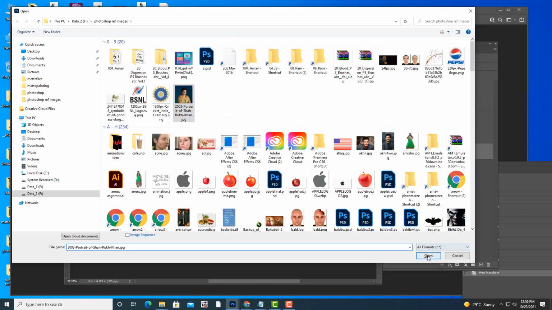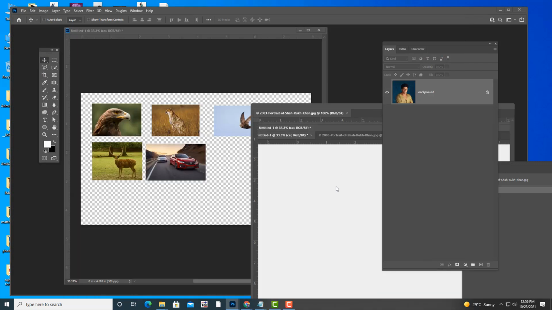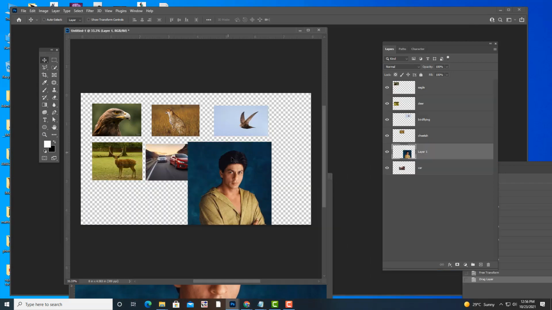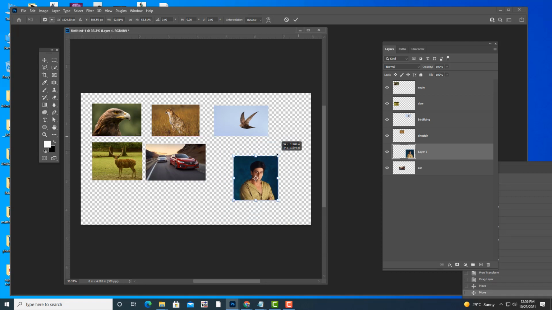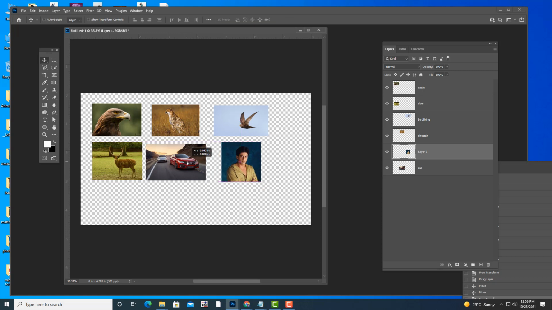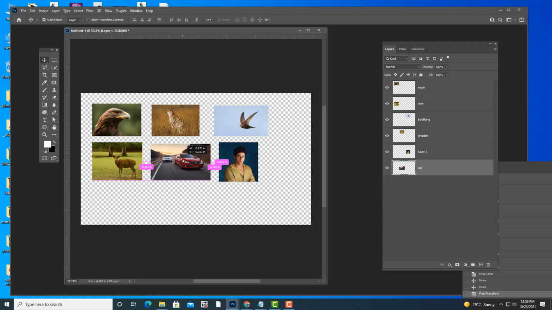Let us select any of the images. See here. It's alright if it is a little bit different in size, but make sure that it has almost equal spacing. You can actually do one thing. Can you see those pink lines? Those pink lines will help you with equal spacing. Like this you have to create.